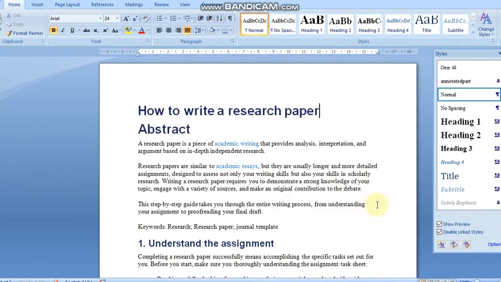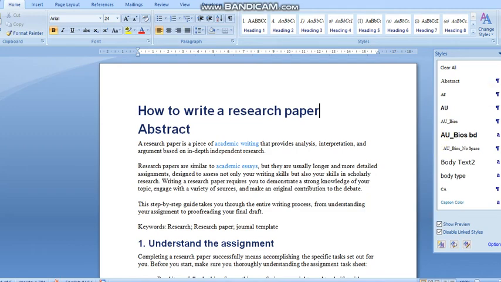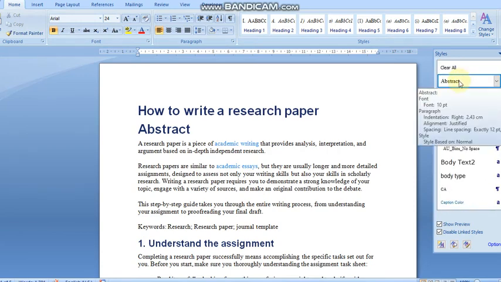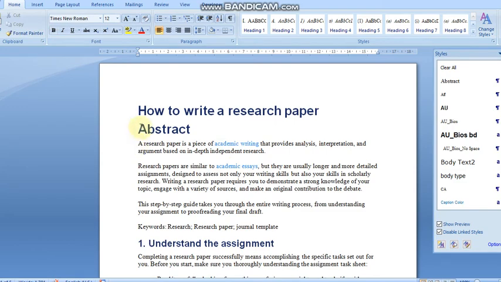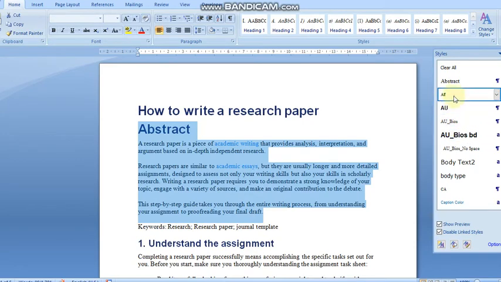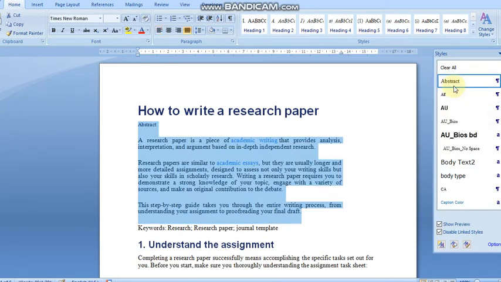And now you can see the style is automatically changed. Now we have to use these styles in our Word document. Here they have given the abstract. So this is the abstract. We can select this abstract and apply the abstract style as previously. It is not changing by itself, but the fonts which we are providing from the template to the Word document are what change. Keywords also as it is.